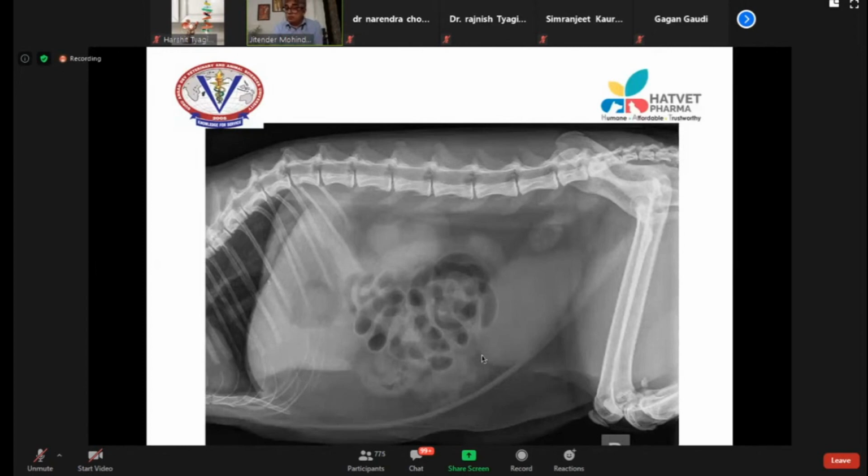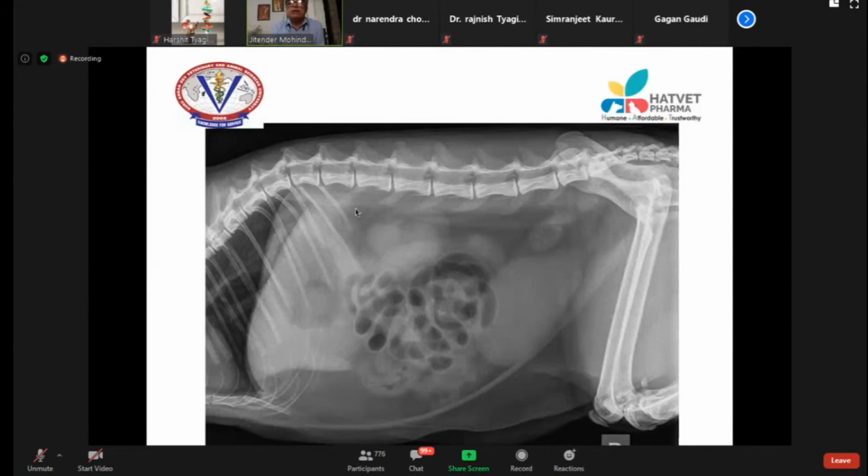You see this thing, that is the urinary bladder. It is again fluid. It is having a soft tissue opacity. It is brighter than fat. Now this fat differentiates the different structures of the abdomen. I can see the kidneys. These are kidneys. This is the urinary bladder. This is the liver. These are the intestinal loops. Why can I see all these structures? Because there is fat in between.